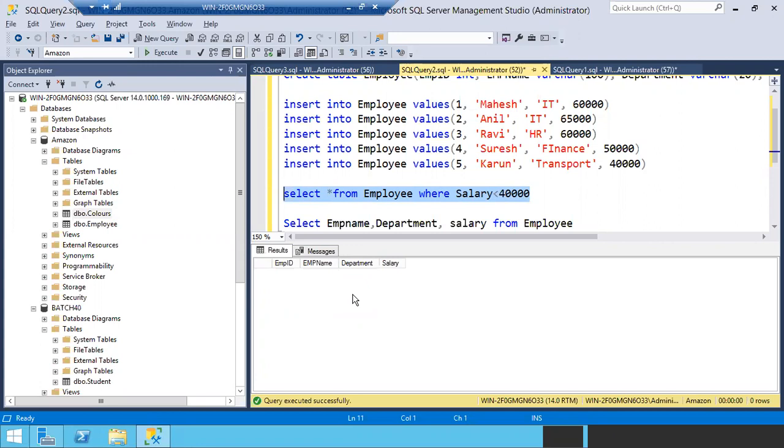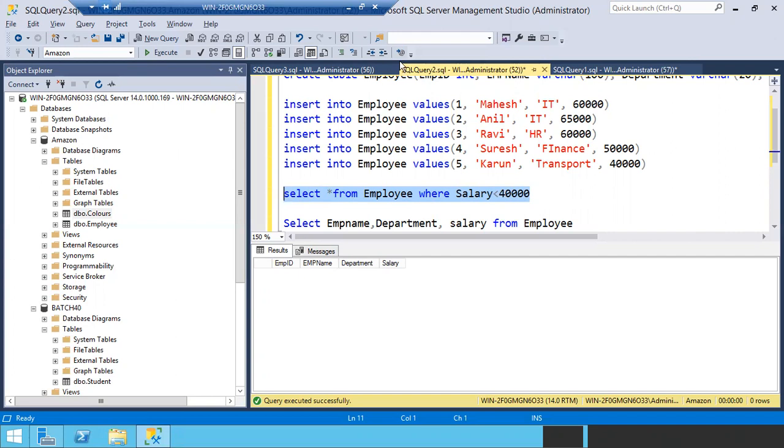Now tell me, Prithvi, I'm asking you only, I want to see employee ID 4. What is the query to see who is there in employee ID 4? Tell me the query. Apply your common sense. Try it once. Column name is employee ID, and the condition is 4. Now tell me how to get the employee ID 4 record.